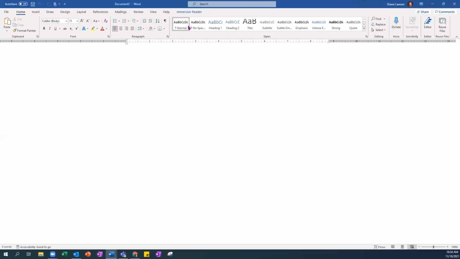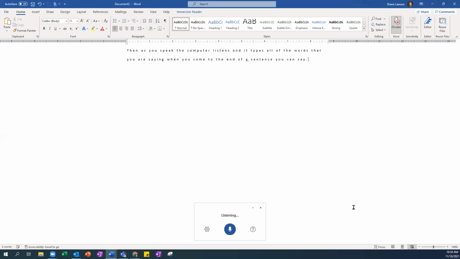So when you're in your Word document, you'll just click on the dictate icon right here in the top right corner. Then as you speak, the computer listens and it types all of the words that you are saying. When you come to the end of a sentence, you can say period, and it will add a period. When you're ready for a new paragraph,